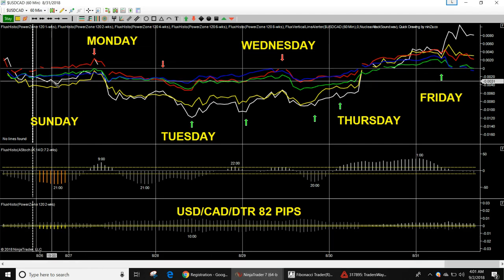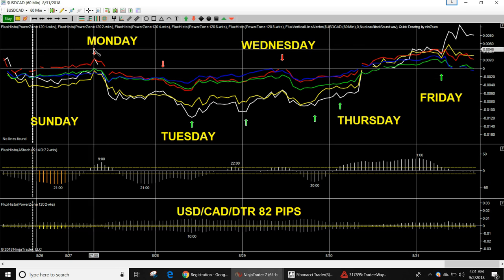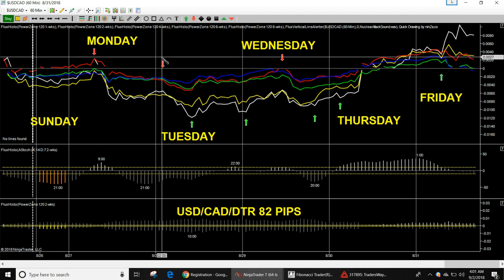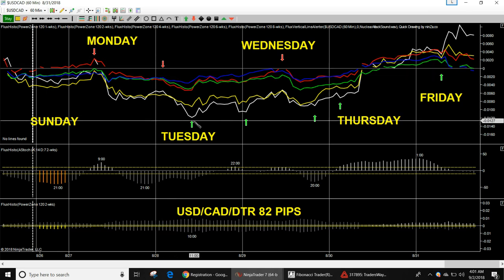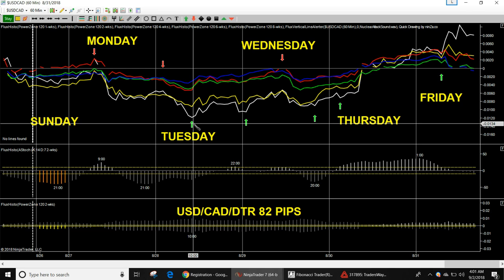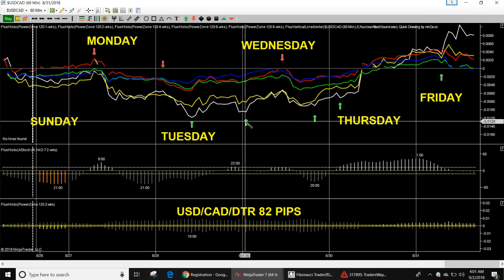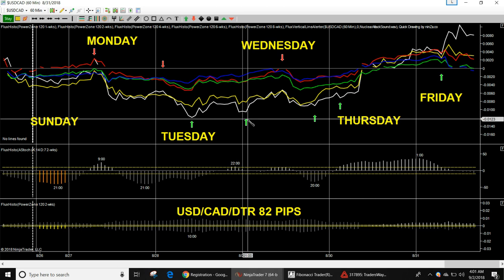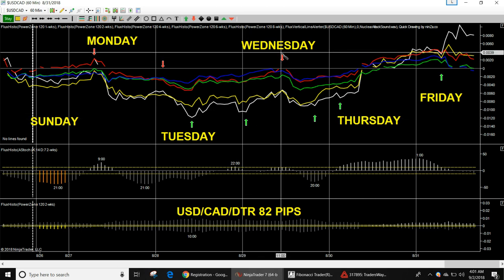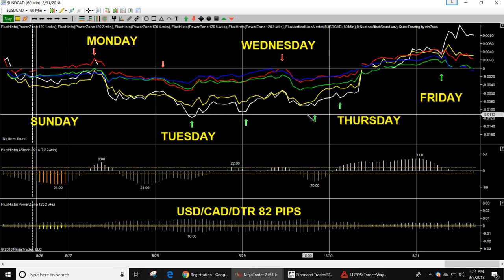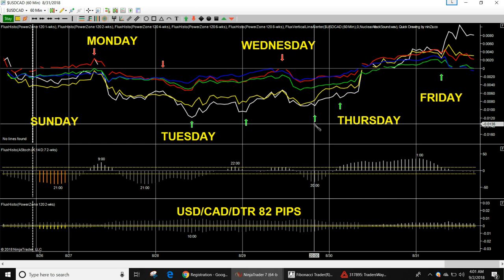Canadian. Coming in on Monday, looks like a good opportunity here, 7 a.m. in the morning for a sell opportunity on the US dollar Canadian. Another move here, US dollar Canadian, 2 a.m. in the morning for a sell marker to the south. Then a buy marker coming in here at 10 a.m. on Tuesday. Pull up, higher low, and 1 a.m. in the morning for another up move on the US dollar Canadian. Then we got a sell marker here at 11 a.m. on Wednesday for a move to the south